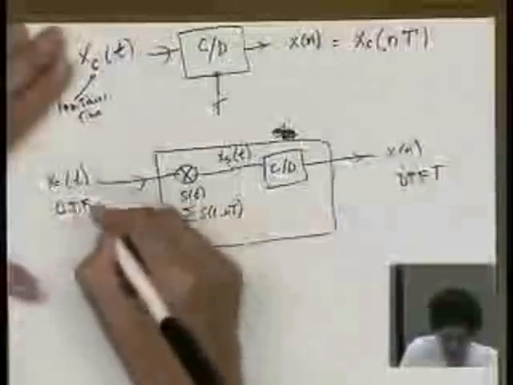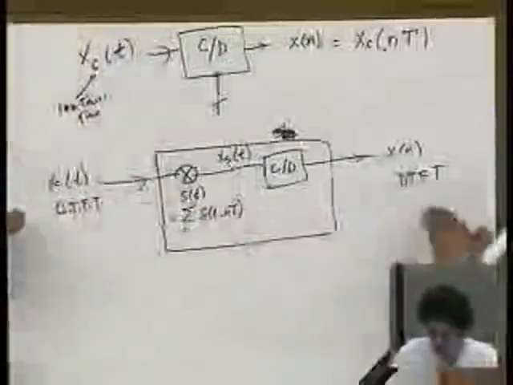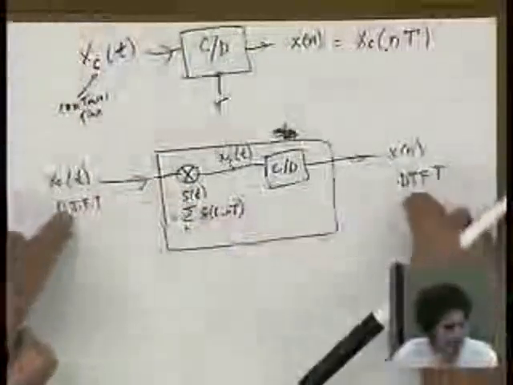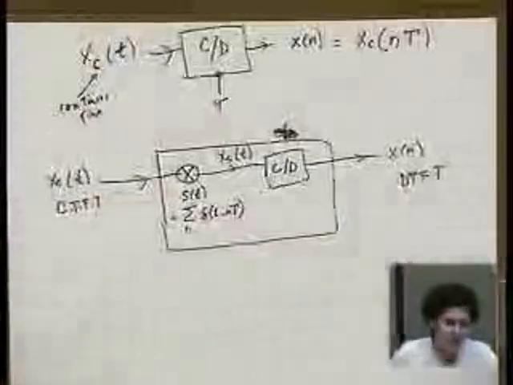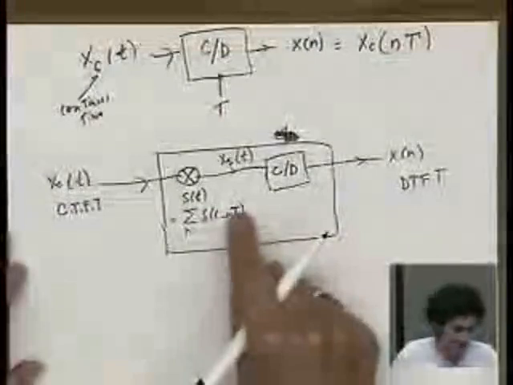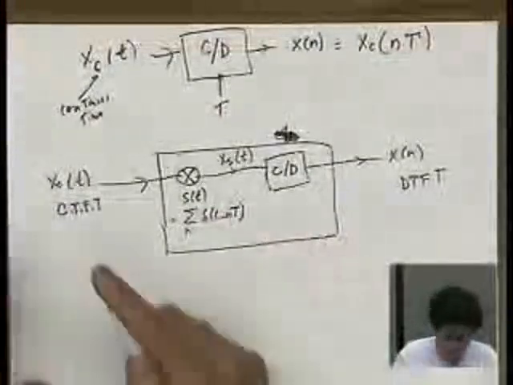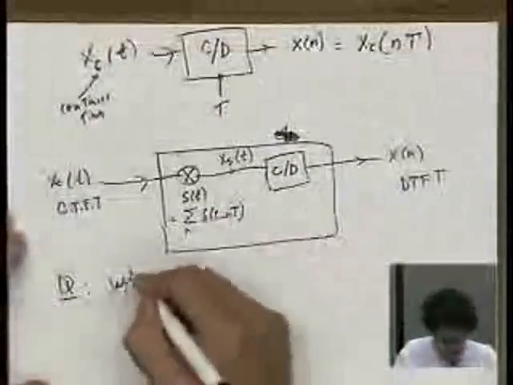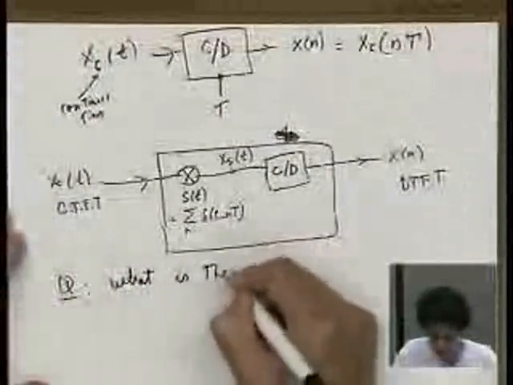The thing I want to talk about is in what way the continuous time Fourier transform and this discrete time Fourier transform are related to each other. Clearly, it's got to be a function of T, which is the sampling period. So the question is, what is the relationship